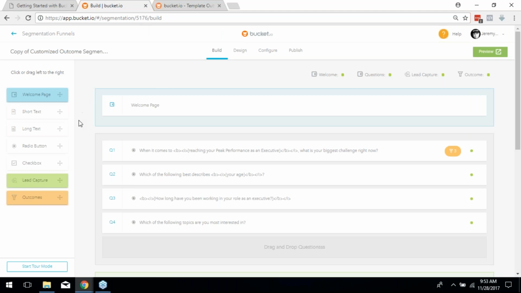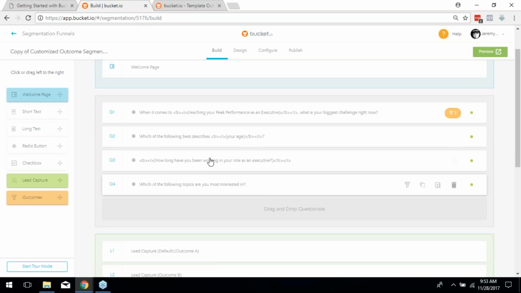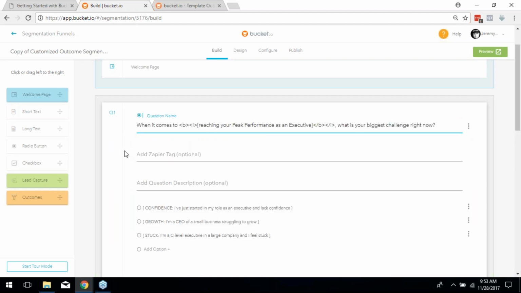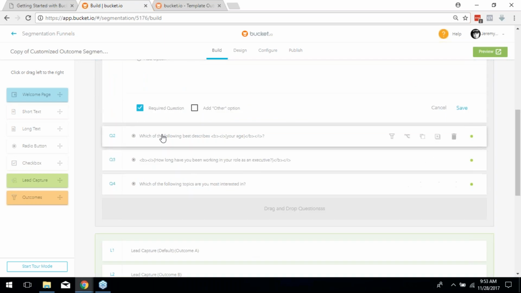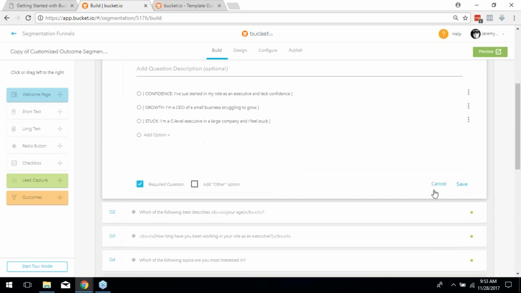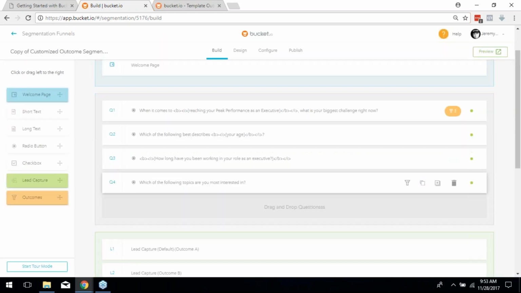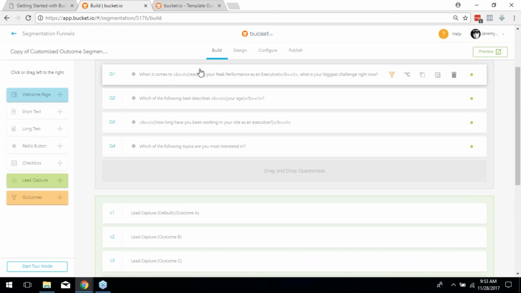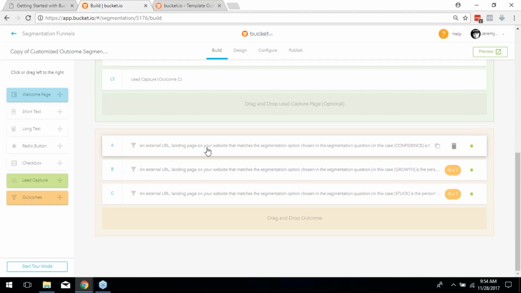So let me show you guys how this works, all right? One of the things you probably noticed when we went through is that they were all radio buttons. Remember, with a radio button you can only choose one response. So each one of these is a radio button. And again, just like before, you can come in here and edit it, do what you want with it. But the big difference between a segmentation funnel and a survey is that once they choose an answer, what's called an outcome-based answer, then we send them to their customized